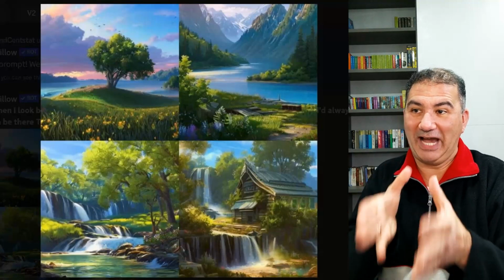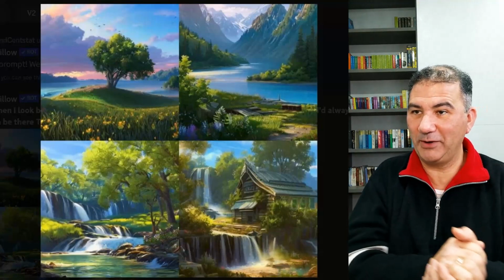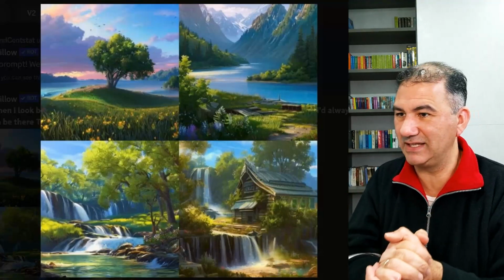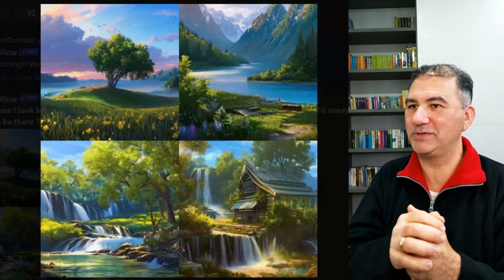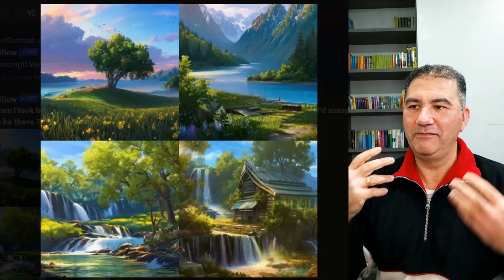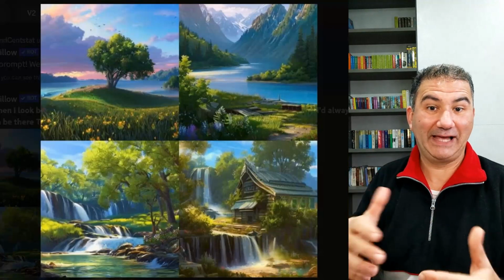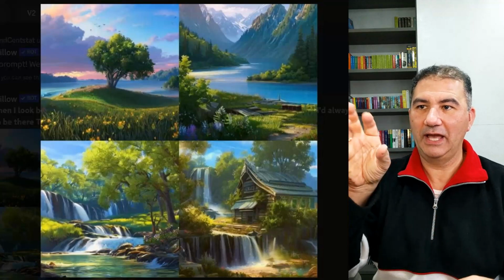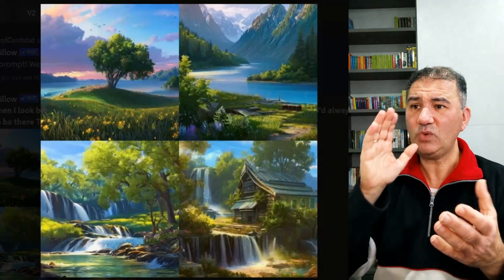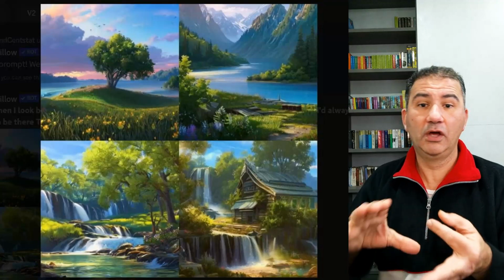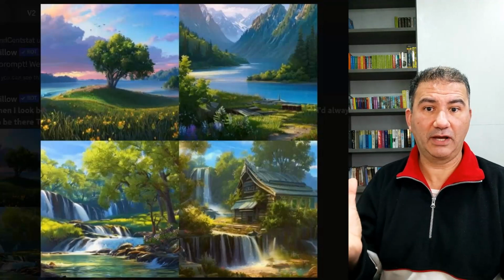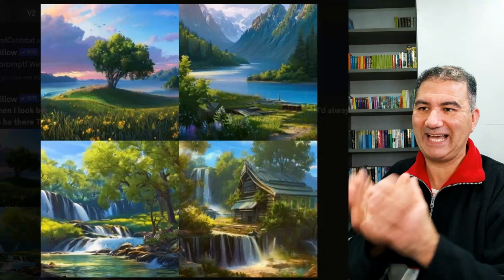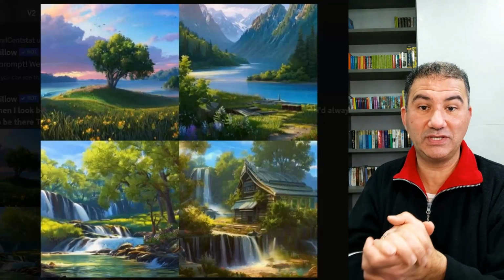Maybe not entirely what the song was all about, but from the perspective of Blue Willow, the fact that it came back with these 4 amazing images with waterfalls and mountains and streams and trees and whatnot, very, very pleasant, very, very relaxing. I could easily see any and all 4 of these images on a poster, maybe on the cover of a journal, on a mug, even on a clock, with Redbubble selling clocks and whatnot. So basically the sky's the limit with respect to what I could use these images for.